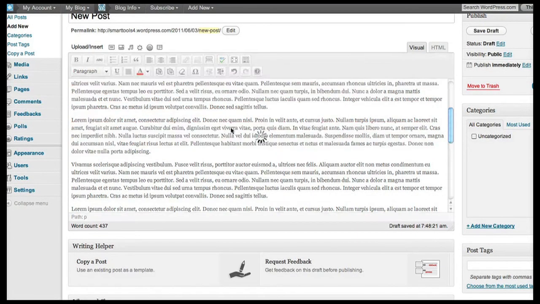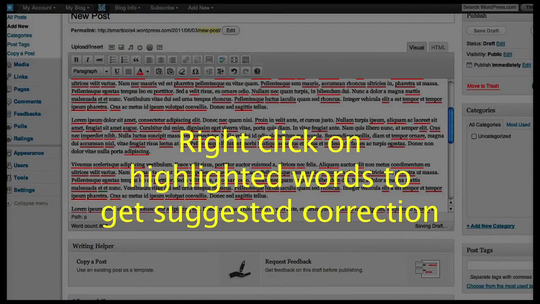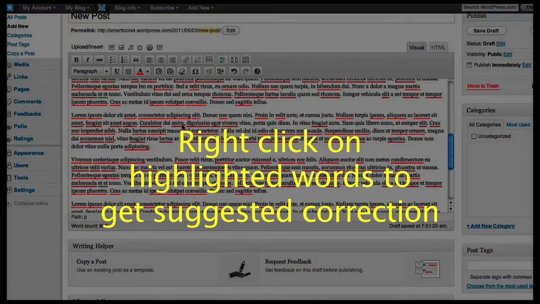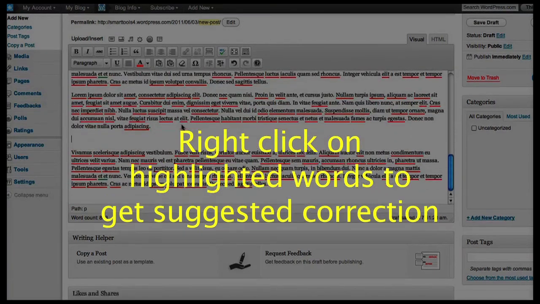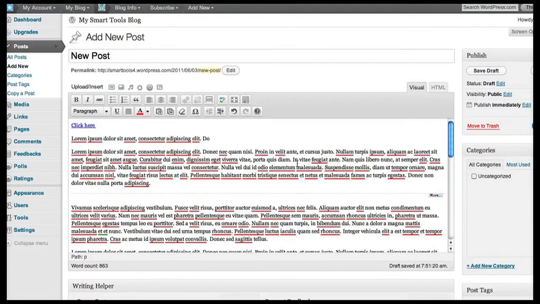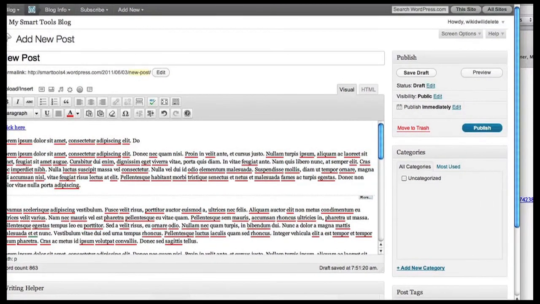Finally, you might want to just click on this, which is the spell checker, and it highlights all the misspellings. Oops, there's a lot in here. When we fixed our spellings, we simply click on publish,